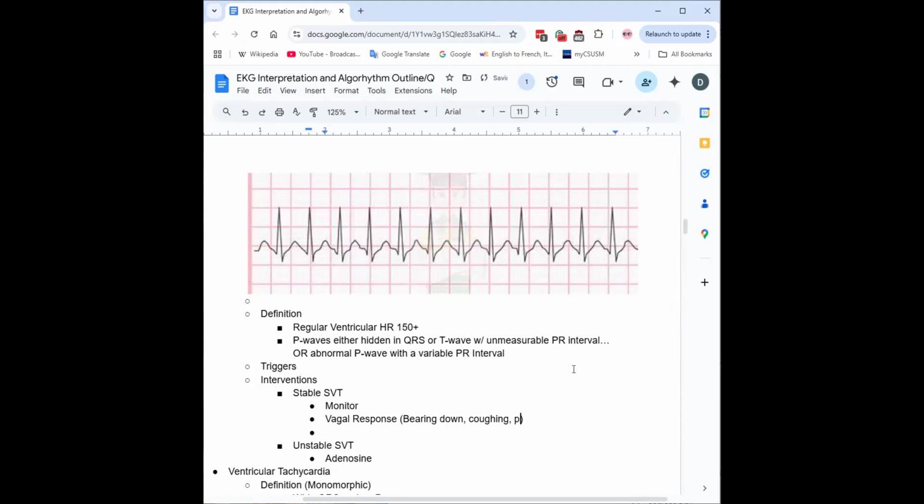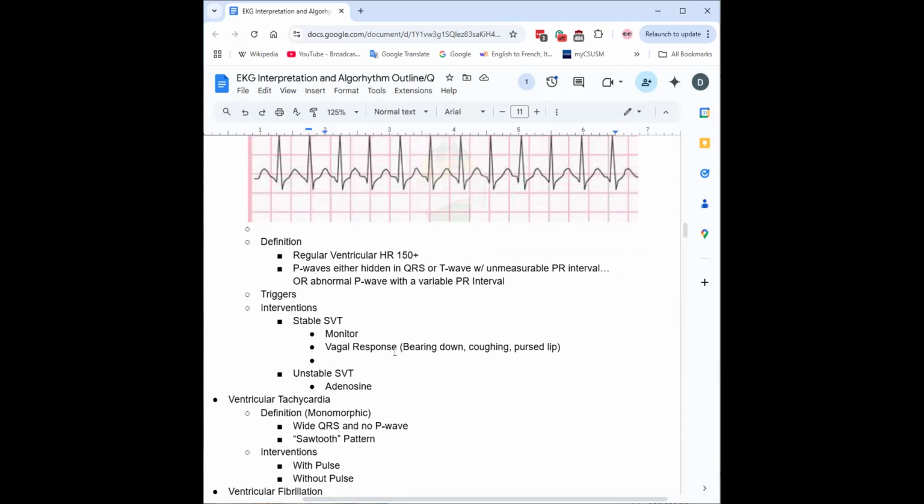I was very lucky. The one day I went to the ER, I saw someone convert SVT back into NSR. The first thing they tried, because the patient was alert and symptomatic but alert enough to follow instructions, they took a saline flush, emptied it out, gave it to them and said, blow into this as hard as you can, with the hope that bearing down, whether you're blowing through a straw,